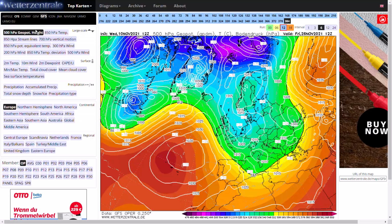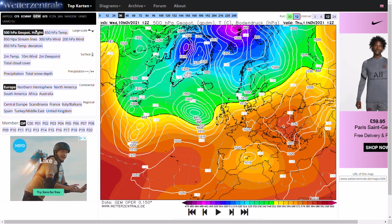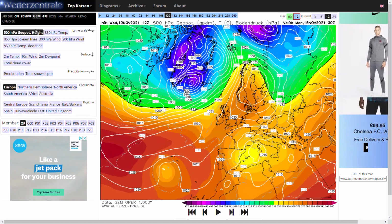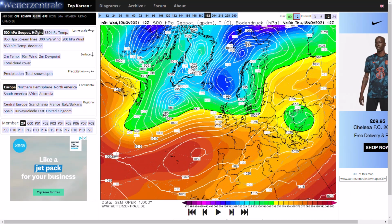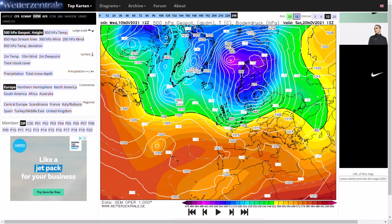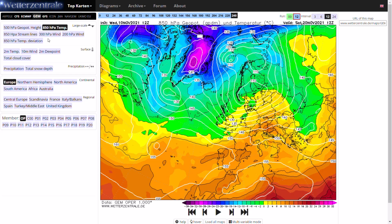If we do have a look at the GM, see how that does compare, you can see generally very similar over the next few days, with low pressure moving through towards Friday and Saturday, high pressure locking into the north, and then we do go generally westerly once again, and towards the end of the run you do see again a bit of a mid-Atlantic ridge and northerly winds at day 10, some colder air sinking through, but that ridge